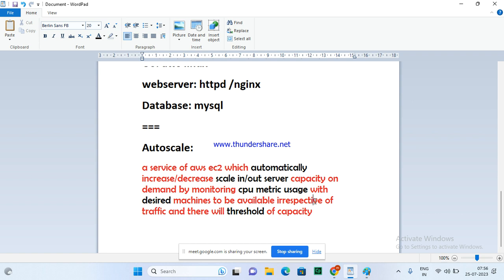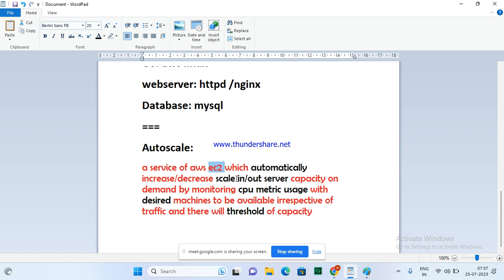When the public users, the customers, hit the server, the load balancer receives the traffic and distributes it among all the backend servers. The server capacity should be available to handle the traffic. So who is going to take care of that? Which service? EC2 auto scale. EC2 is a service, and auto scale is a sub-service of it, responsible for scale in, scale out, increasing and decreasing capacity, that is capacity management.